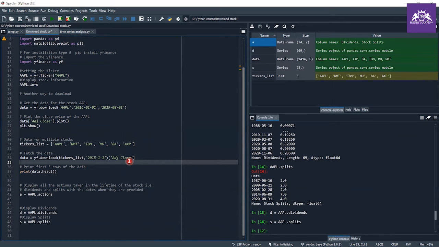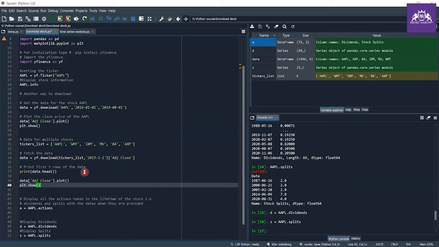So that's all for today's session, where we talked about how you can download the stock data of a company and how you can perform some operations on that. You can plot it, like here I plot the adjusted close price of this. You can also plot it for other stocks like WMT.